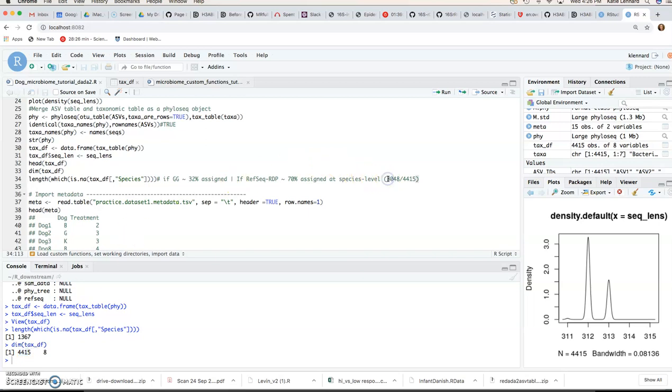So there were over 3,000 for which we actually had species. So over 70% with the RefSeq RDP database had species level annotation, which is really good. If, for instance, for the same data set we'd used Greengenes, we would have had only 32% assigned to species level. So it's good to be aware of the different taxonomic databases,